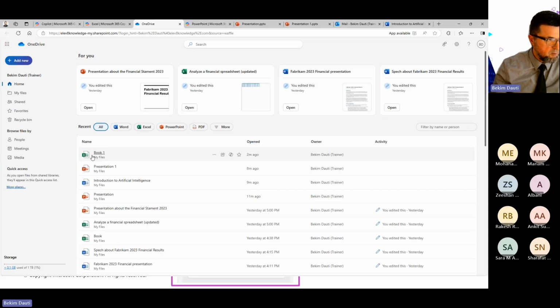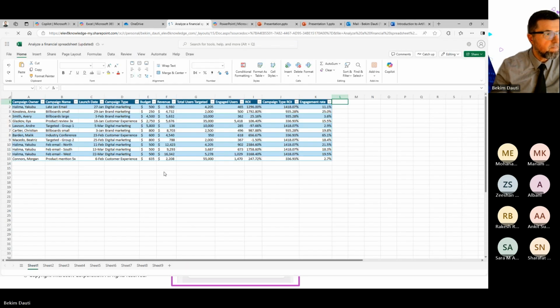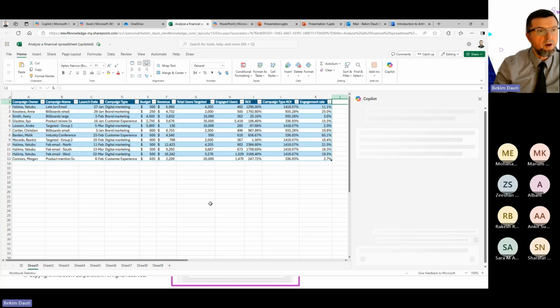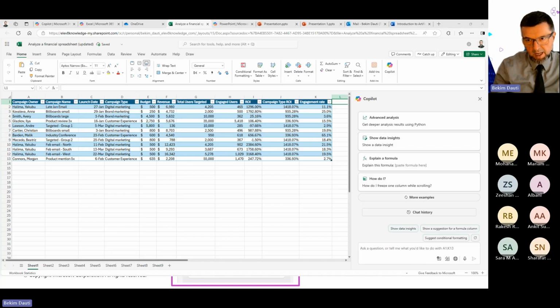Okay, so you see this one was saved automatically. Yeah, an analyzer financial spreadsheet. Let me just pick up this one. Yes, I'm having this table with all of this data over here. Excellent. Let me just bring over the Copilot, and I want to ask Copilot